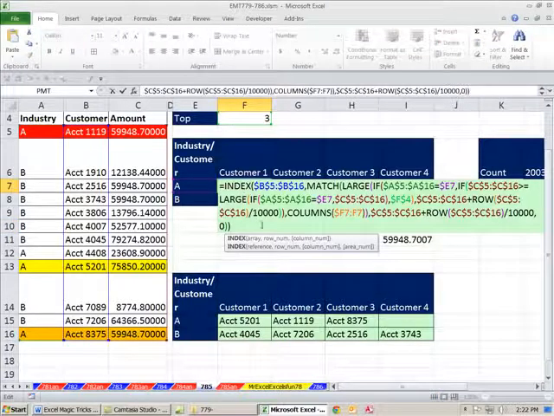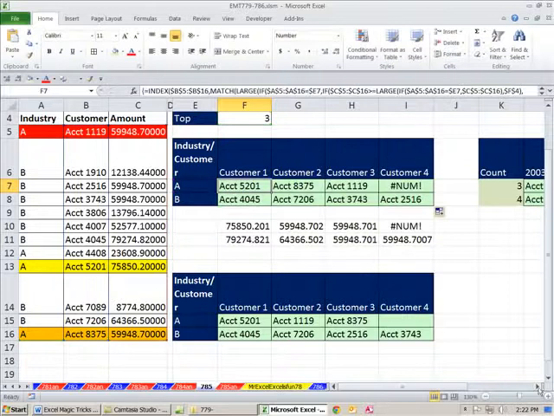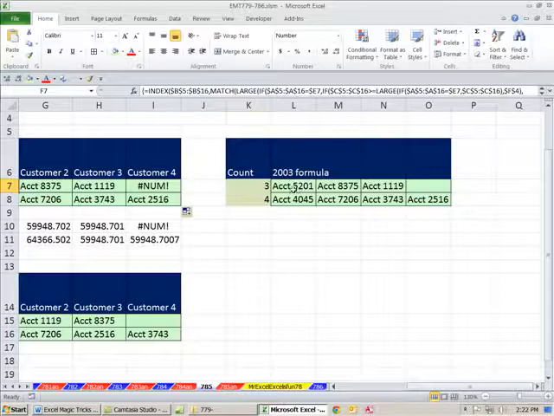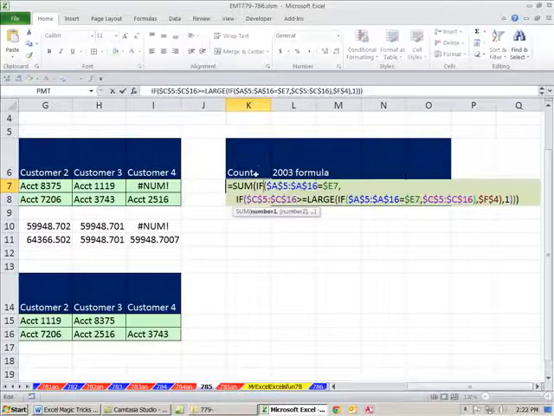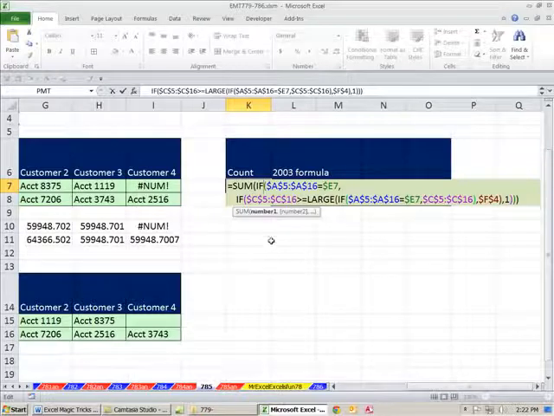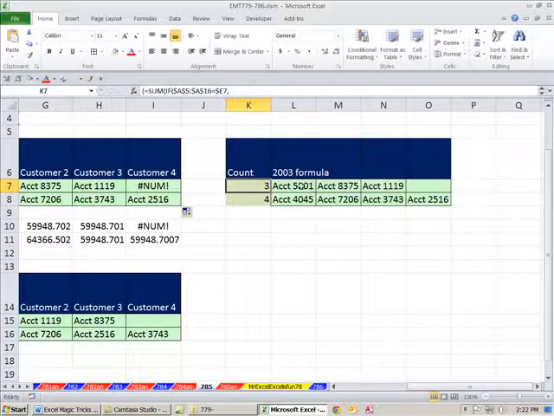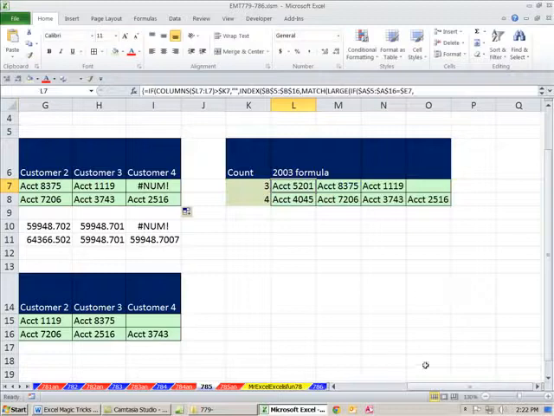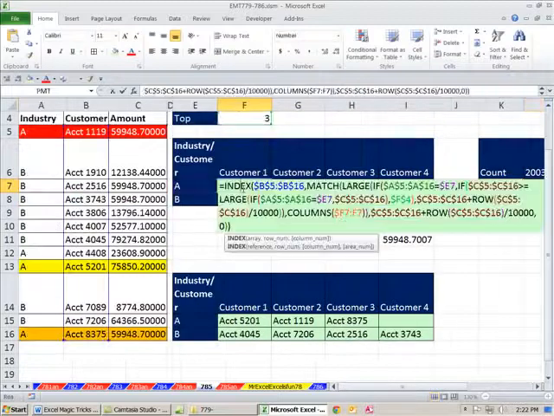Now I'm going to use a 2007 function here to make it easy on ourselves. If you were in 2003 or earlier, it's going to be more complicated. You have to actually count for each group what's the count for greater than or equal to the third biggest. How many are, right. So there, that formula would work. And then this, you'd have to do your if columns, blah, blah, blah, and then do that. But watch this. If you're in 2007,